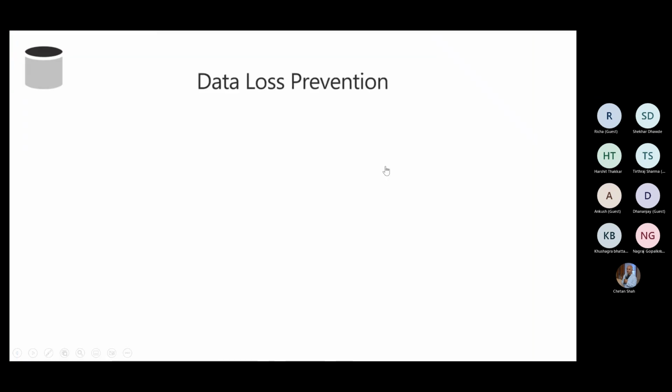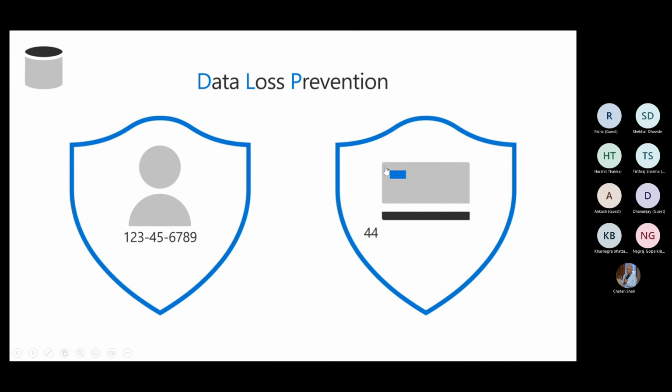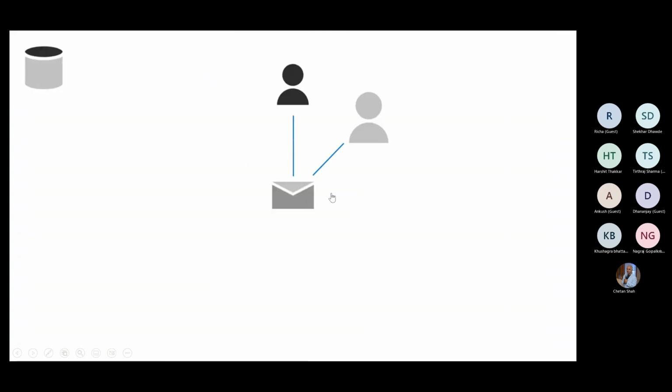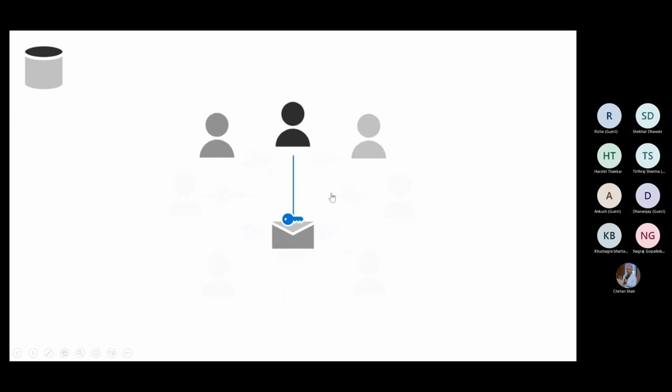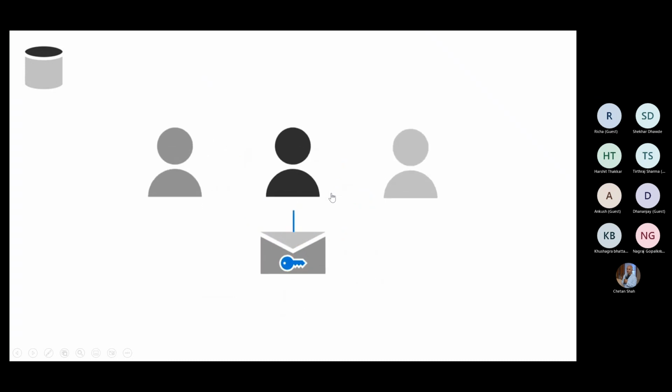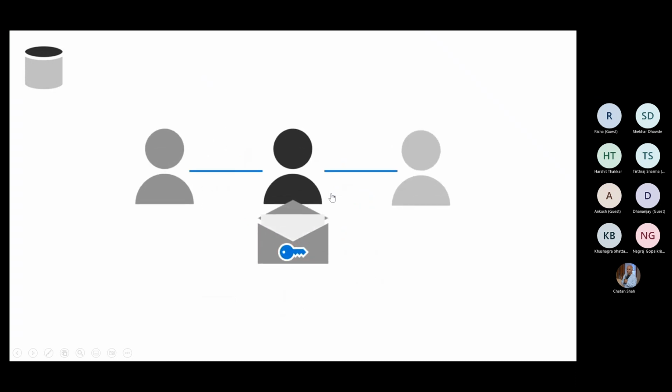Use data loss prevention, or DLP, to keep sensitive information, such as Social Security or credit card numbers, from being shared inappropriately in files or emails. Communicate more securely with your customers by using Office 365 message encryption. This makes sure that only the intended recipients can read the emails you send, and they can't be forwarded to